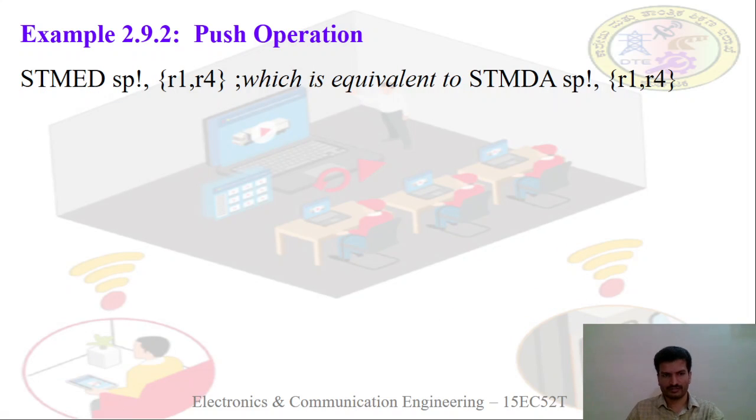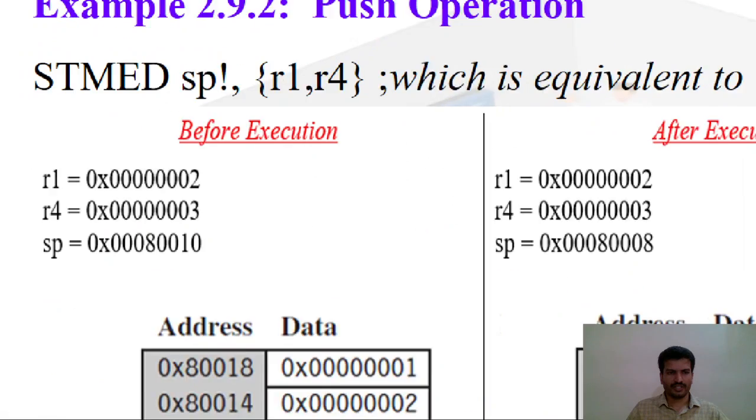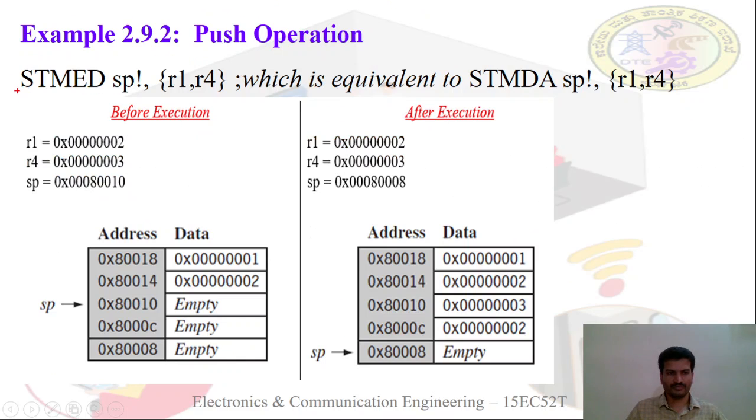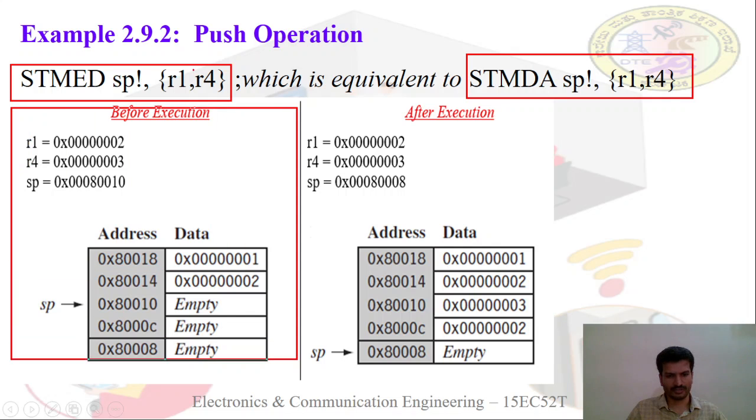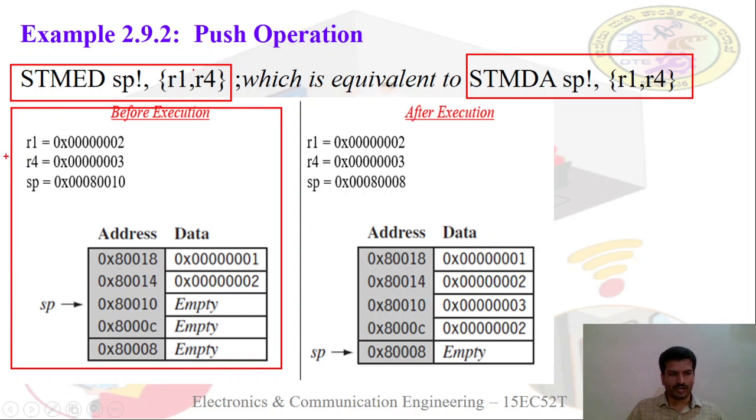So consider the next example, STM ED. Again the base register should be the stack pointer. So R1 and R4 data are to be pushed onto the stack memory, which is equivalent to STMDA. So SP comma R1 comma R4. Let us consider that before execution the initial values are: R1 contains 2, R4 contains 3, and the stack pointer contains